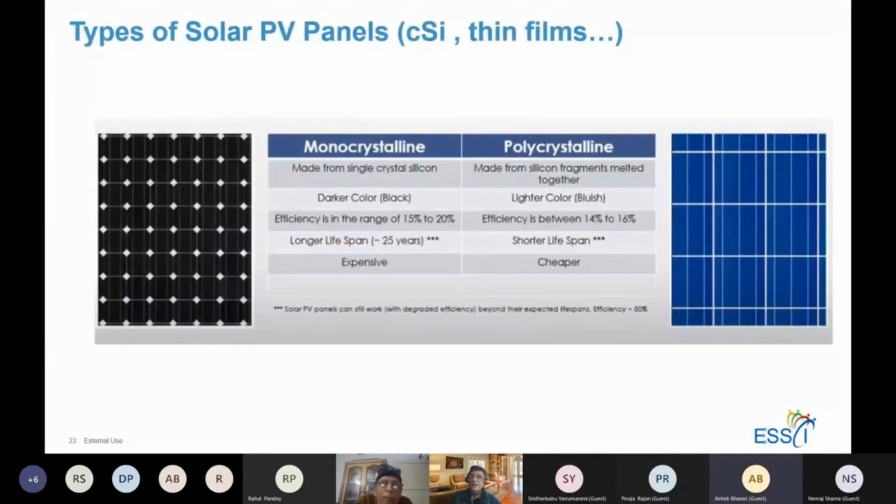The different types of solar panels that are available, in technology terms, you have the crystalline silicon, you have the thin film, you even have the extreme end, the gallium nitride solar cells, which are actually the ones which will give you the highest solar efficiency. They can give you up to 30% solar efficiencies, but then they are so expensive, they can only be used for niche applications and strategic applications or in space applications.